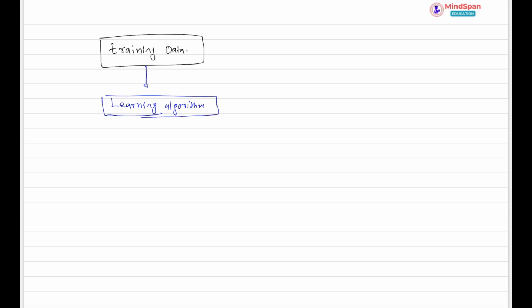right? And the algorithm learns from the data and gives us a learned model or a learned hypothesis function. So this will give you a hypothesis function, or a learned model, or we can call it a learned hypothesis,